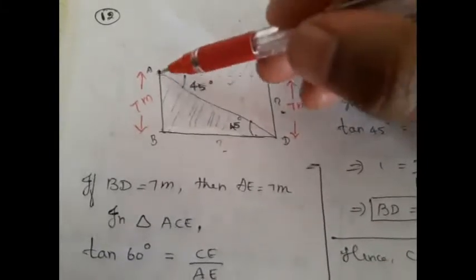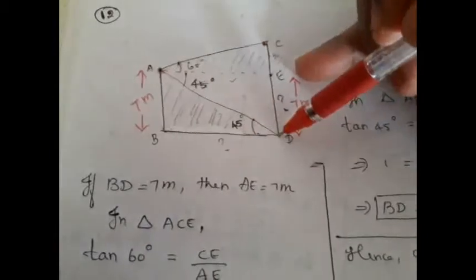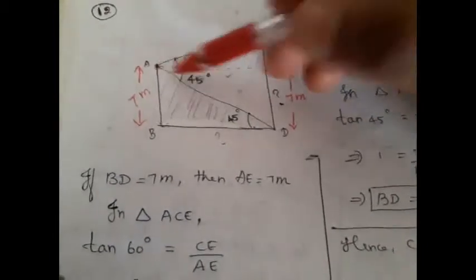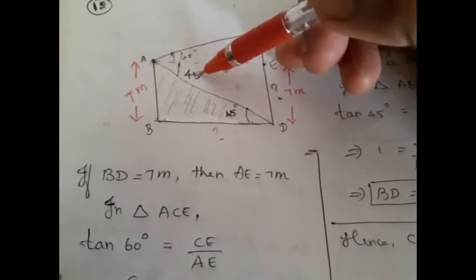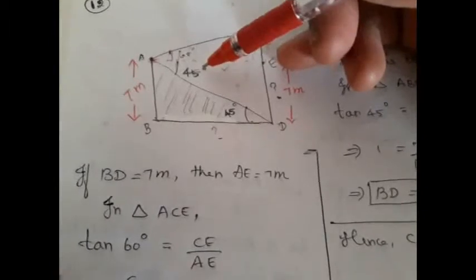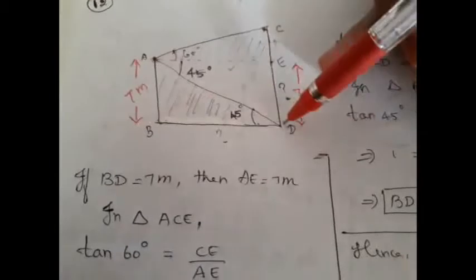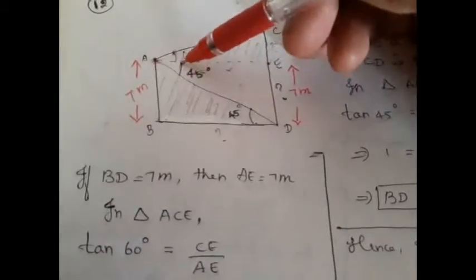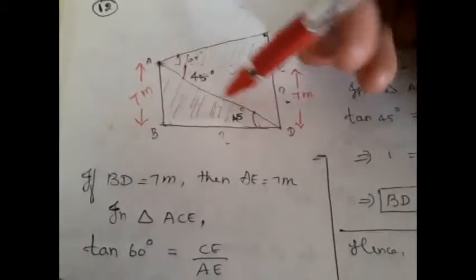And the angle of depression of the foot of the tower. Angle of depression means lowering your head and seeing the foot, right? So from here to here, this angle is 45 degrees. Whenever a problem involves angle of depression, we will use the properties of parallel lines, right? So since AE is parallel to BD, this 45 degrees will be the same as this angle. Why? Because these two are alternate angles.